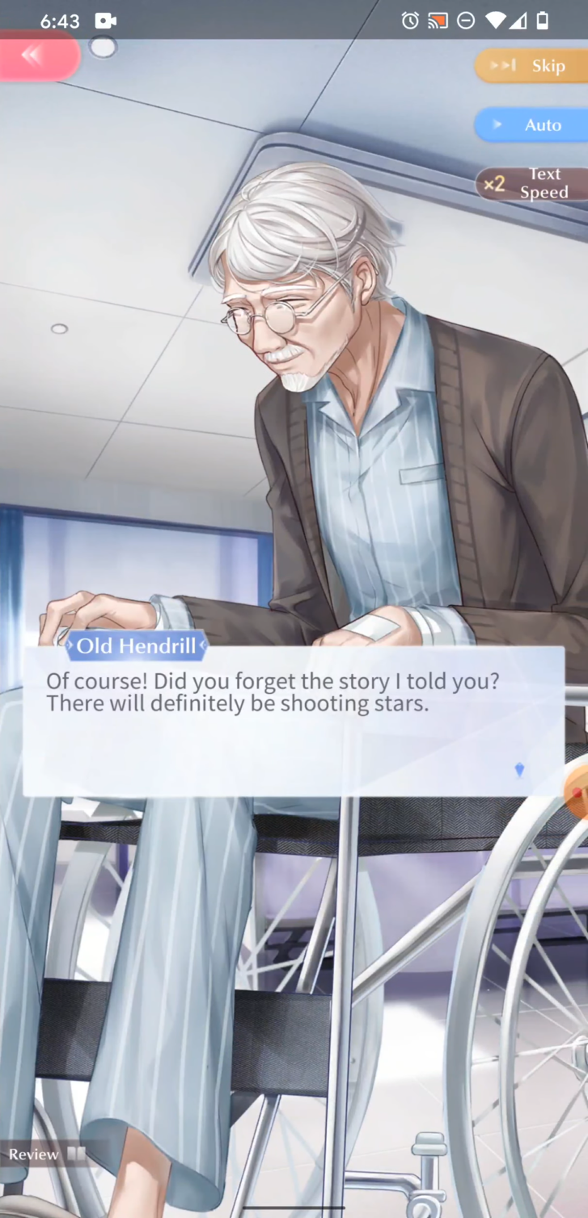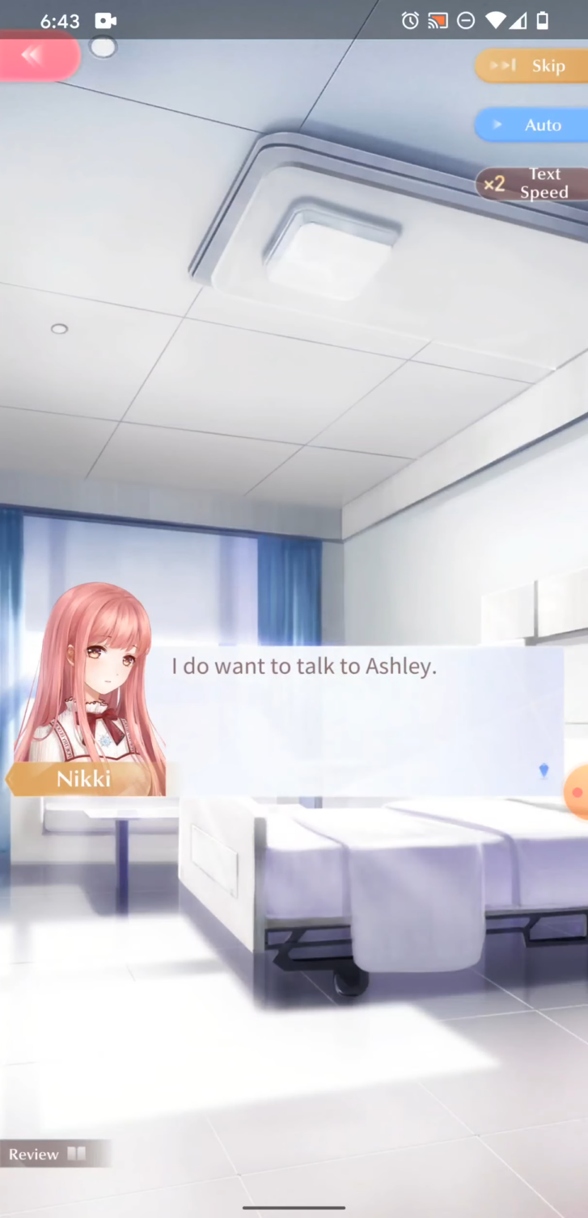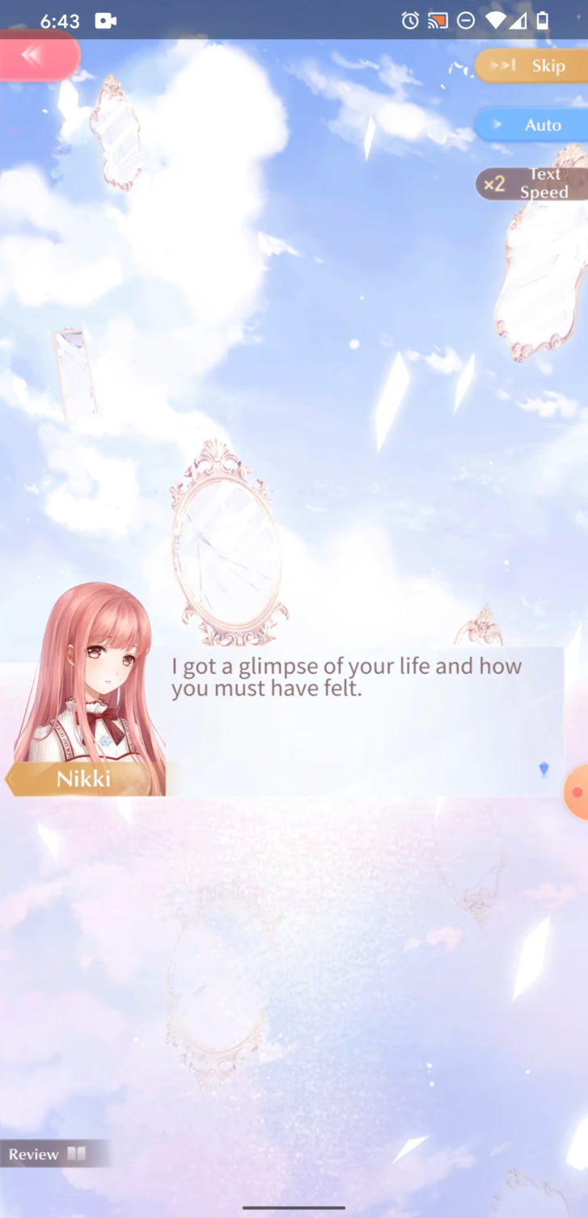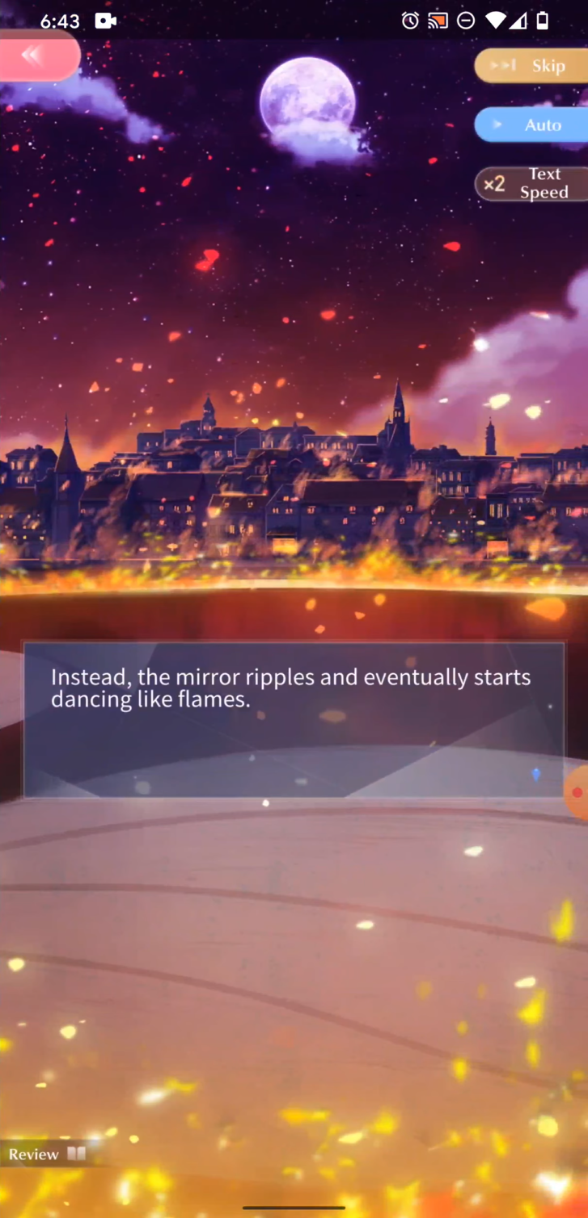Nikki hears him talking about the shooting stars and the meteors, that true beauty can summon the meteors. So Nikki decides to visit the designer's reflection of Ashley again. So Nikki, Momo, and the player return to the Ark. Nikki speaks to Ashley, trying to commiserate with her, but she's pulled into the mirror again. Ashley charges Nikki,